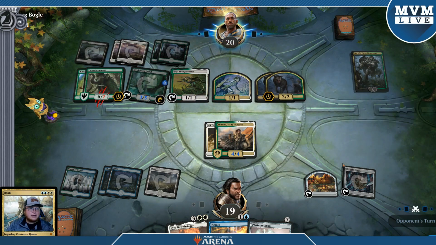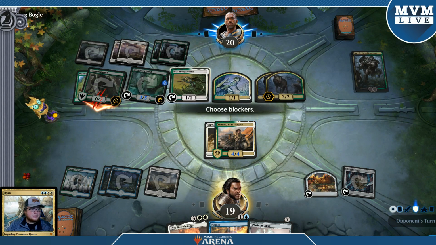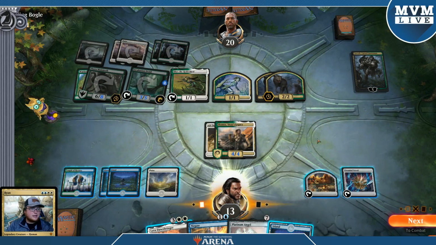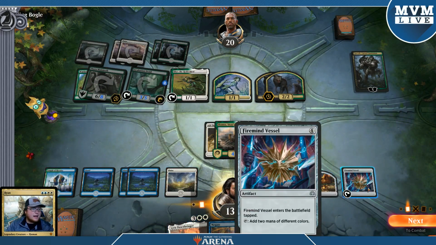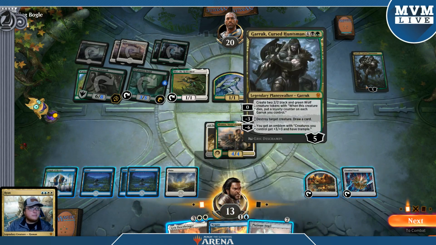That Shadow of the Sky is looking really good right now. I'm not stupid enough to block that. And I have plenty of mana, and I drew another mana. So I have all the mana I need to play that, but man, if I play...